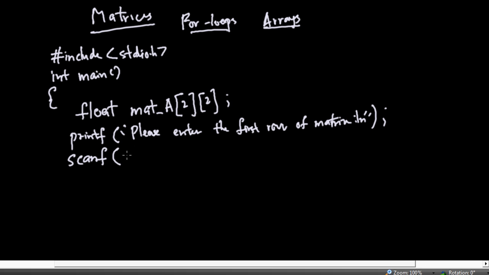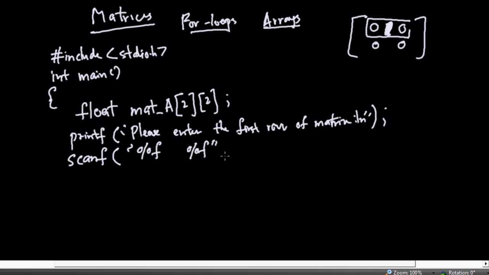Now you're gonna scan, it's a 2x2 matrix, right? So each row you have 2 elements. First row you have 2 elements separated by a white space in between, which is called spacebar. So you will accept a float and a spacebar and a float. Now this is something new. Spacebar and a float means the user can enter probably 1.5 and 2.6 with a spacebar in between. Then comma, you put the first 1 and 2,